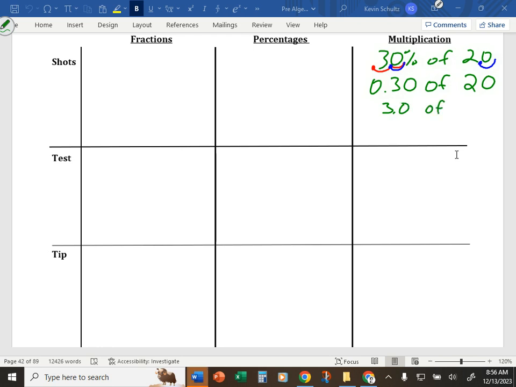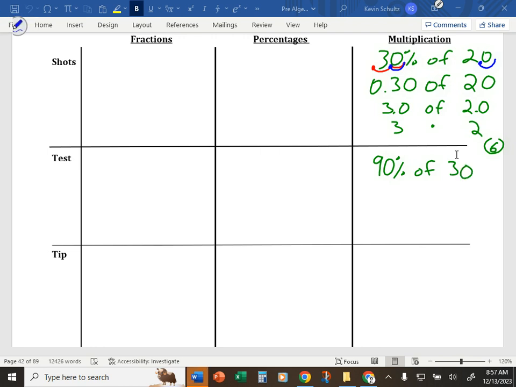And instead of 20, you get 2.0. And of course, 3.0 is just the same as 3. 2.0 is the same as 2. The word of means to multiply. What's 3 times 2? 6. Which you already know the answer is because we've done it twice already before. Okay? Now, showing that much work isn't necessary. I was showing you the math behind the math. On the next one, which is 90% of 30,